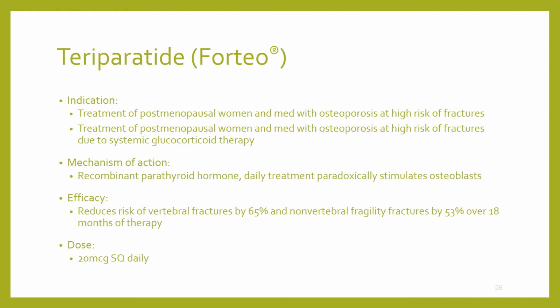Teriparatide or Forteo is another option for patients with osteoporosis. It's used specifically in the treatment of postmenopausal women and men with osteoporosis at high risk of fractures. It can also be used in patients in the same population if their osteoporosis or fracture risk is due to systemic glucocorticoid therapy. The way that this medication works is that it's a recombinant form of the parathyroid hormone, and